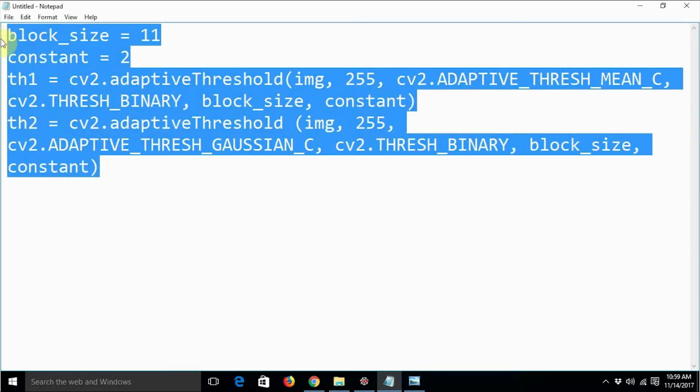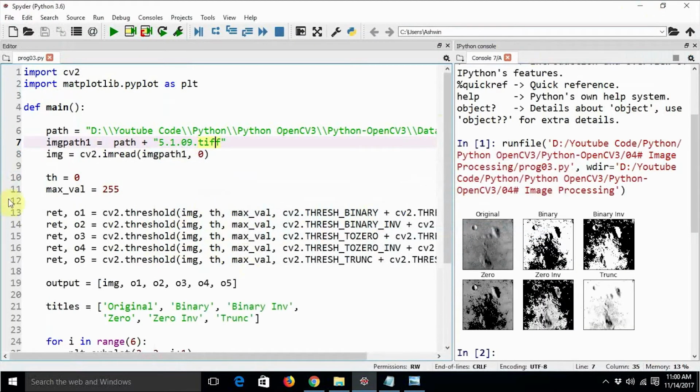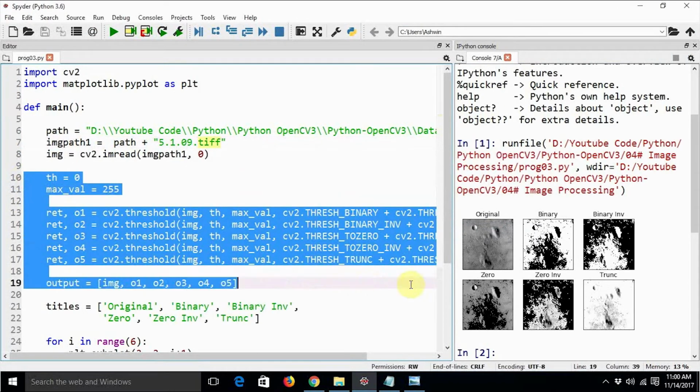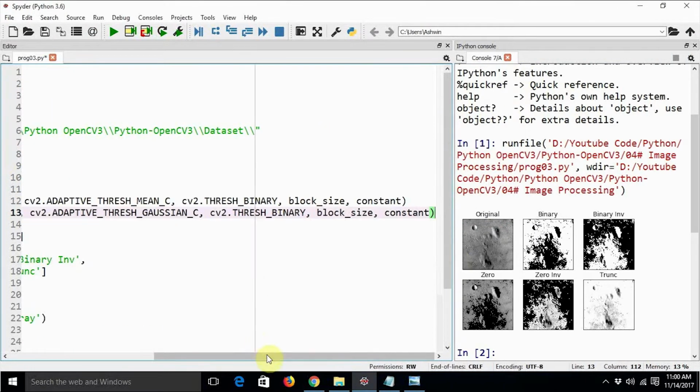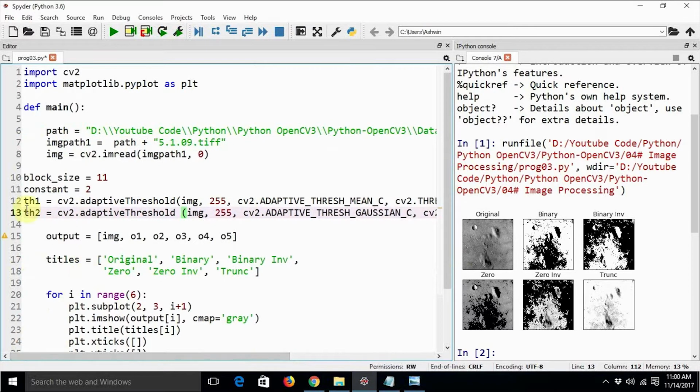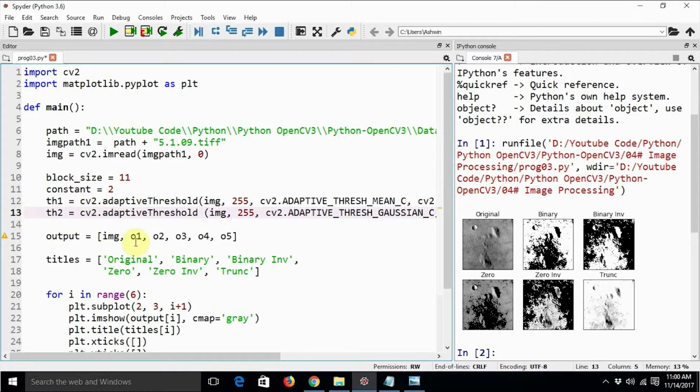So this is the code for the adaptive thresholding method. I will explain in a moment what all the parameters mean. First, let me paste the code and adjust our original code according to this. This one will be th1, thresholded image 1, and th2, thresholded image 2, and the final will be adaptive mean thresholding, mean adaptive, and the second one is Gaussian adaptive.